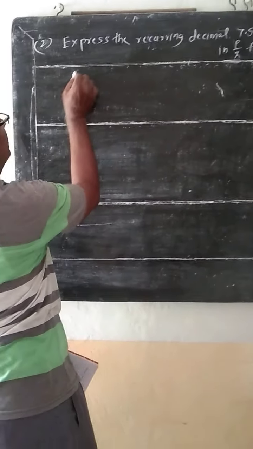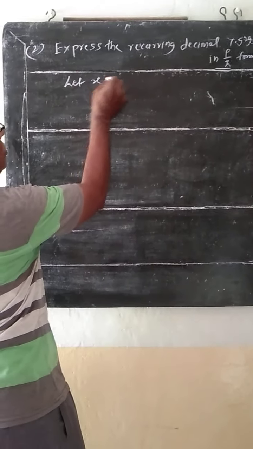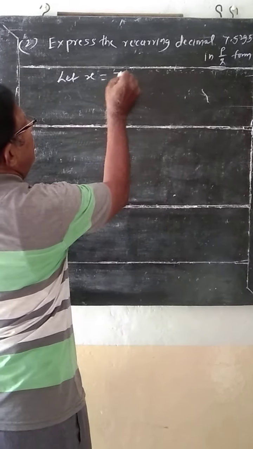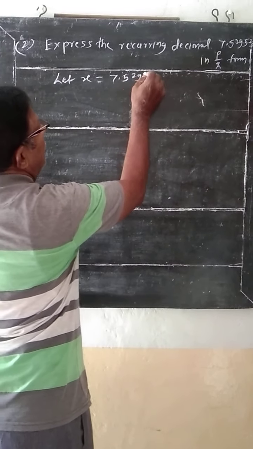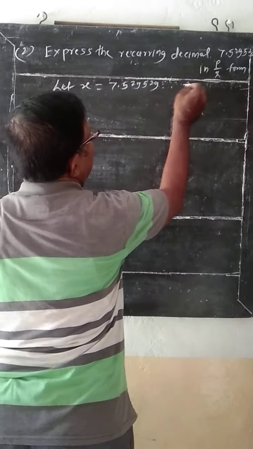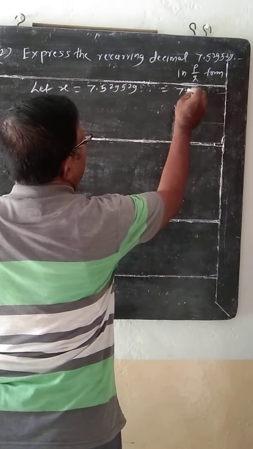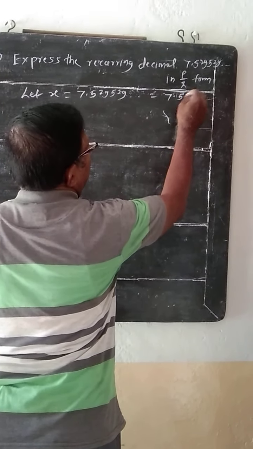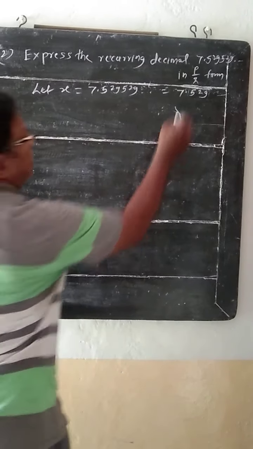Let x is equal to 7.529529 dash is equal to 7.529 recurring. Then